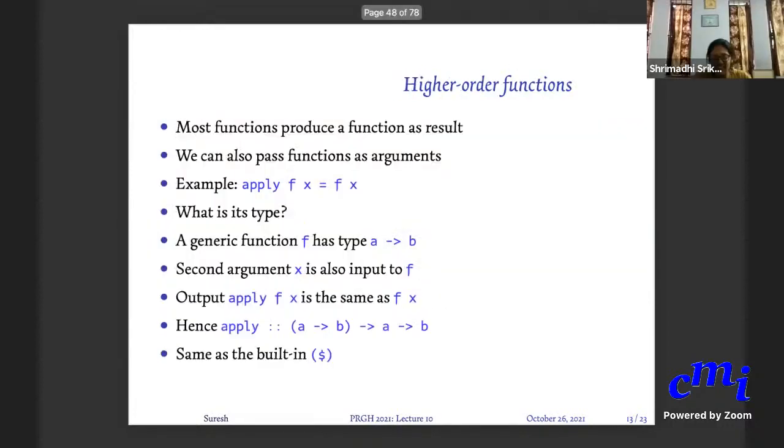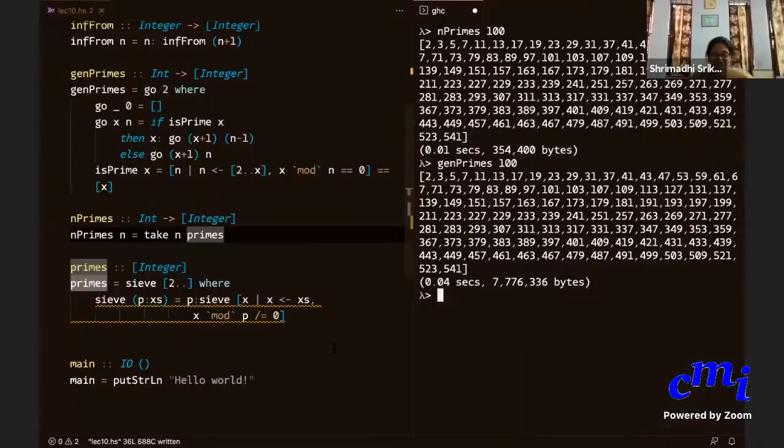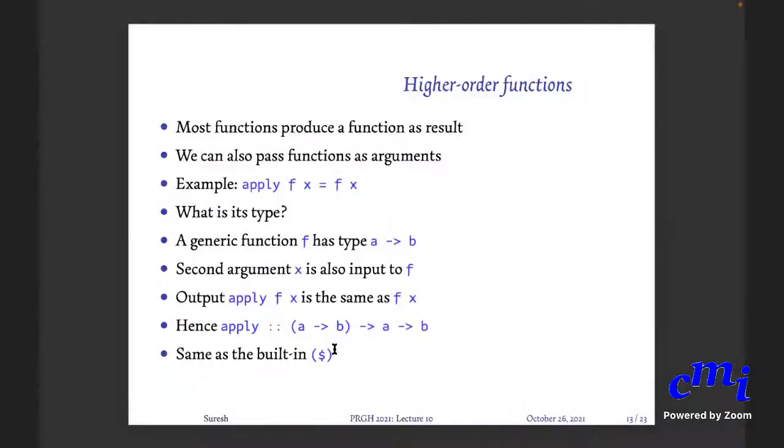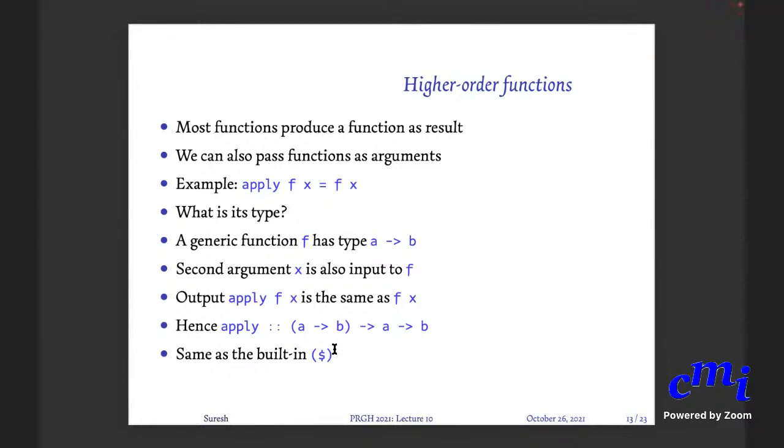Srimati asked me to explain the $ thing that she didn't understand. Yeah, it is the same $, except I put parentheses here, because parentheses mean that you can use the $ first and then give the two arguments. You said something about degenerate. Not degenerate. What I meant was that it's a very simple, very trivial higher order function. There is nothing degenerate about it. Sorry, I was trying to use precise mathematical language, which is not correct.